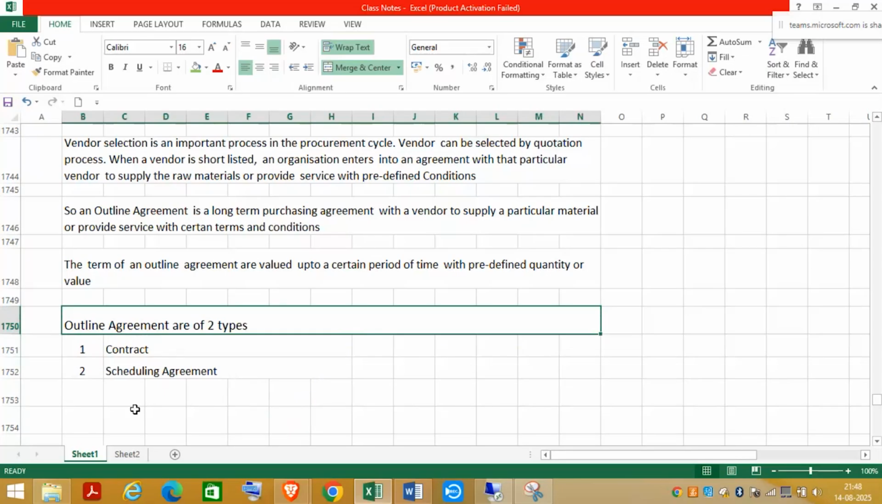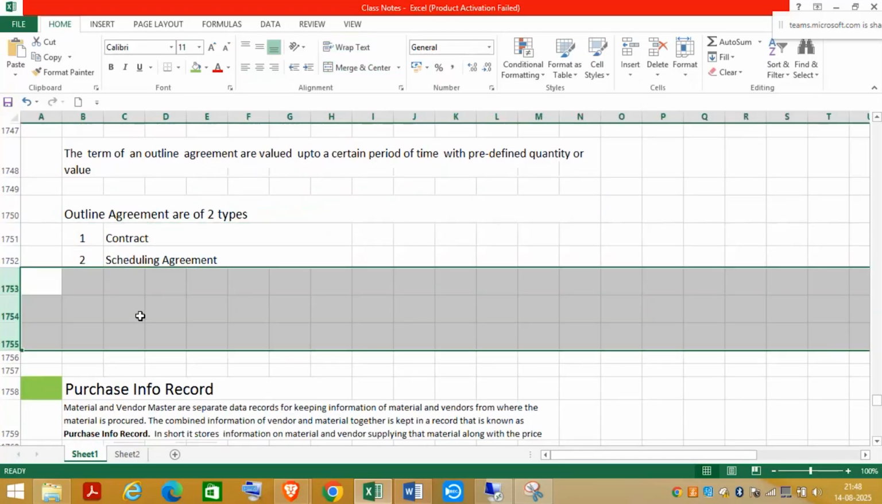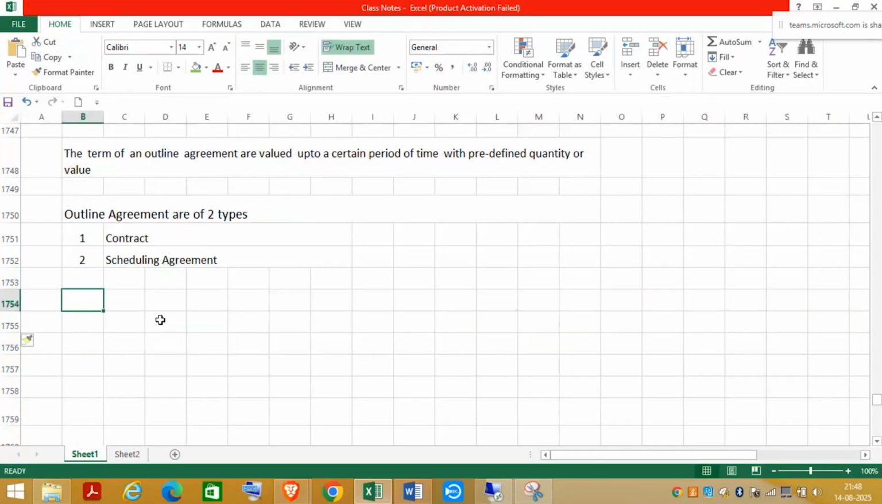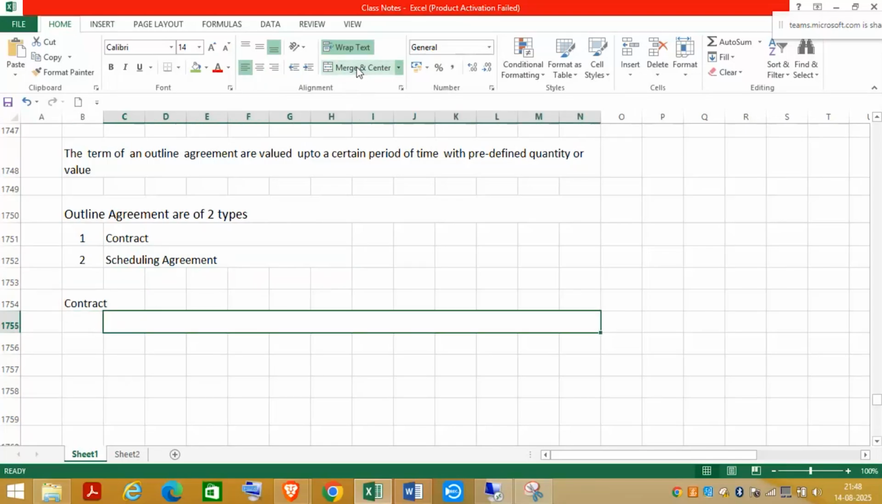Now note down first is on contract. So now first one is contract. Okay. Now contract. So a contract